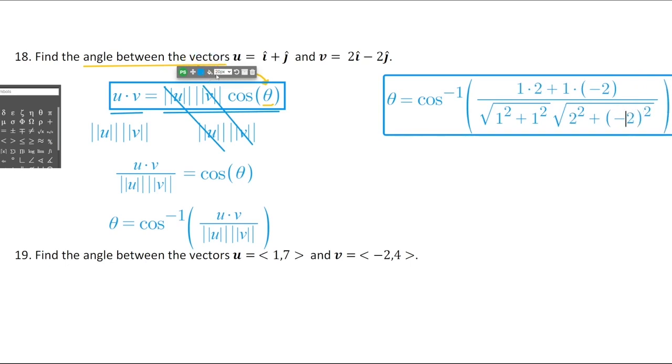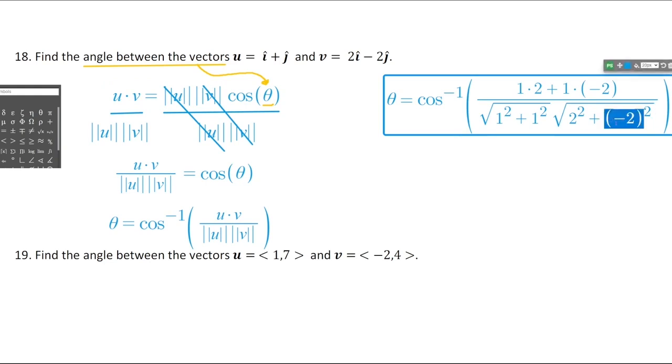You're probably safer putting it in the calculator without the negative, just because you're squaring it. And just make sure when you're putting it in the calculator that you put parentheses around the negative. Or you could just not put it at all, and you'll be safe too, because you're squaring it. So